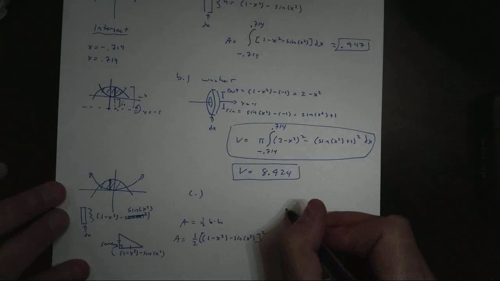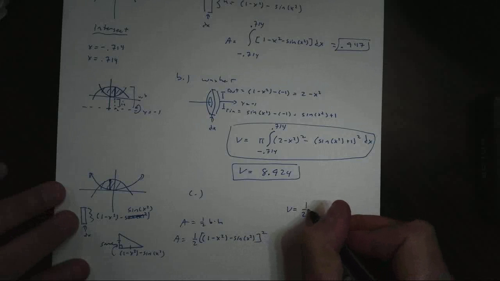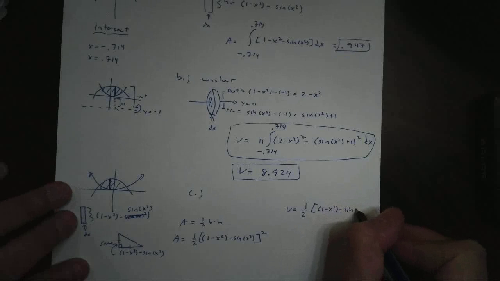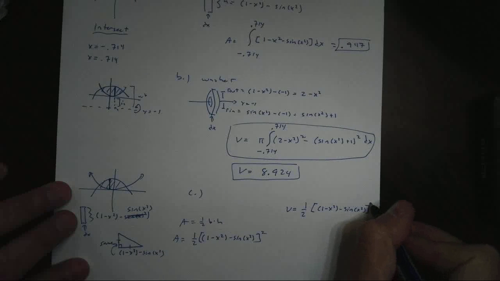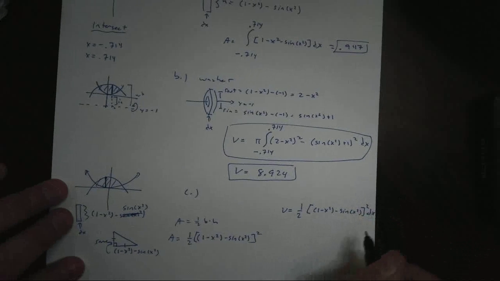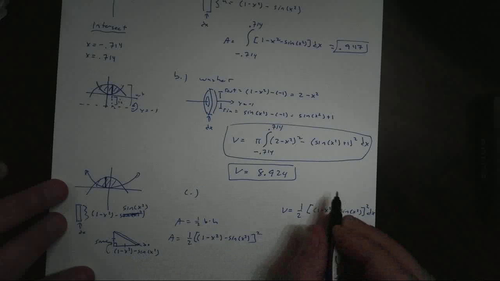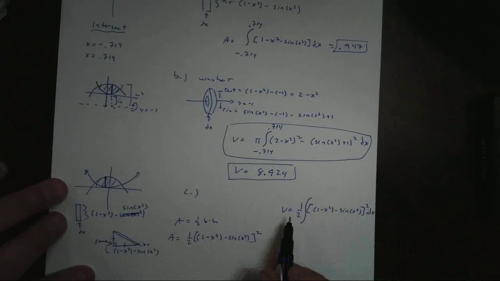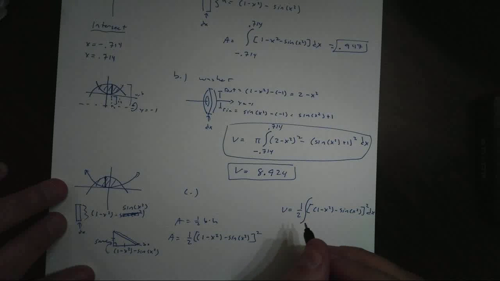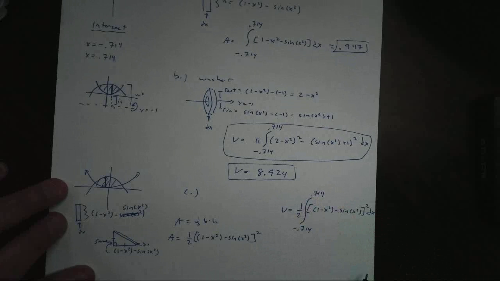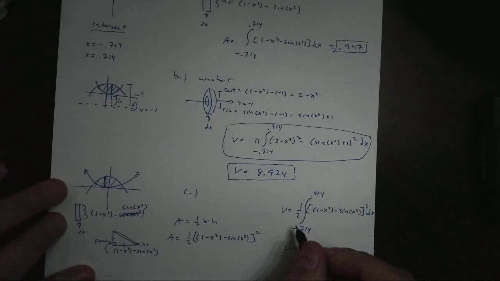Now, to get the volume of our cross section, we're going to take that same area, 1 minus x squared minus sine of x squared, multiply that by dx. And that's going to give me the volume of this cross section, because remember, it's dx thick. And I just integrate that, keep the 1/2 on the outside, it's a constant, from negative 0.714 to positive 0.714. And again, I'm going to give you the answer here real quickly. If you integrate this,